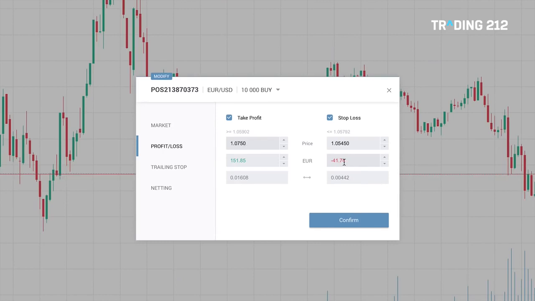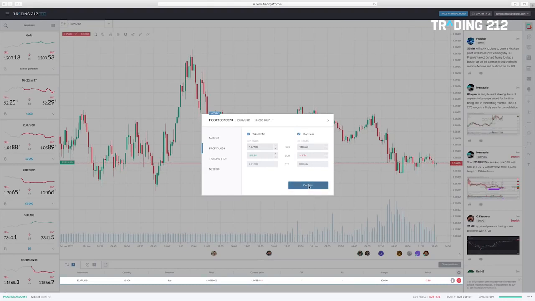So what I'm doing here is managing my risk by putting a stop loss in place, and I'm also putting in a level where, if I'm not around, the platform will take profits for me automatically. And that's it. It's as straightforward as that. So if I click on confirm,